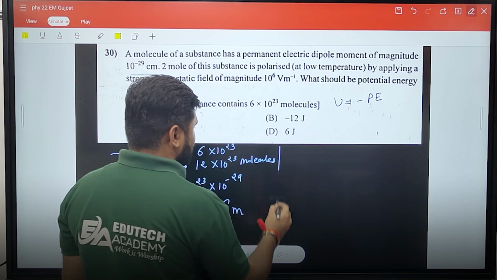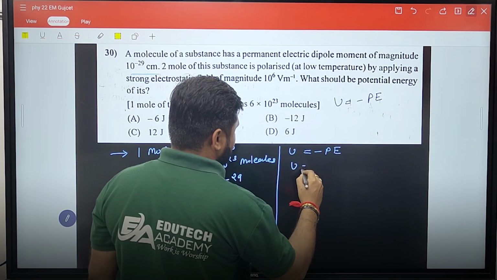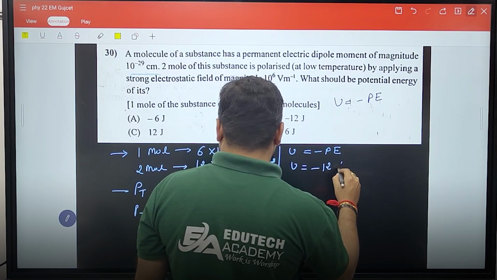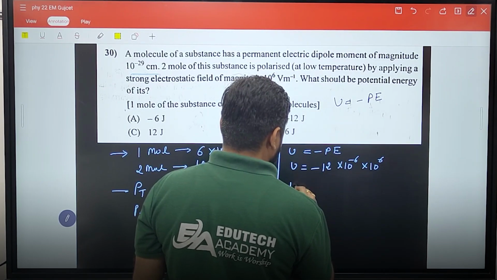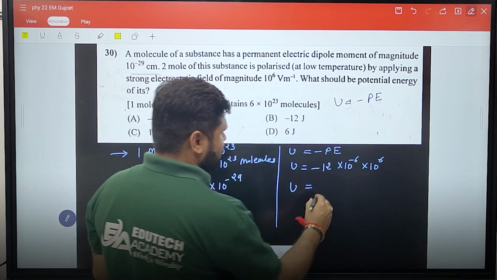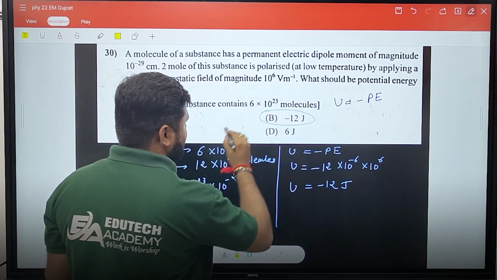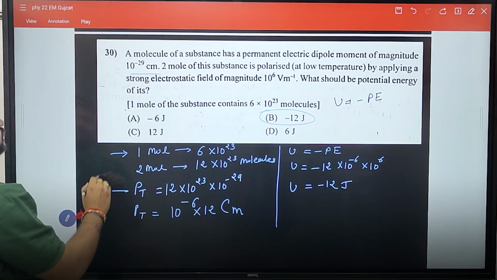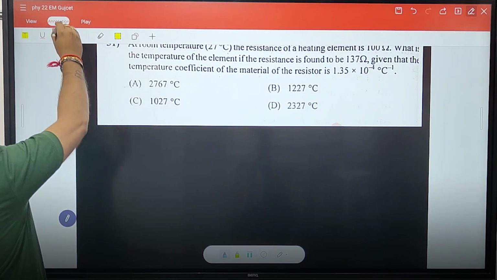Now we are asked to find the potential energy. For that we will simply use the formula, minus P E. Minus P is 12 into 10 raised to minus 6, the value of E is 10 raised to 6. So our answer is minus 12 joule. So the correct option is B, minus 12. Now the next MCQ, 31, that is